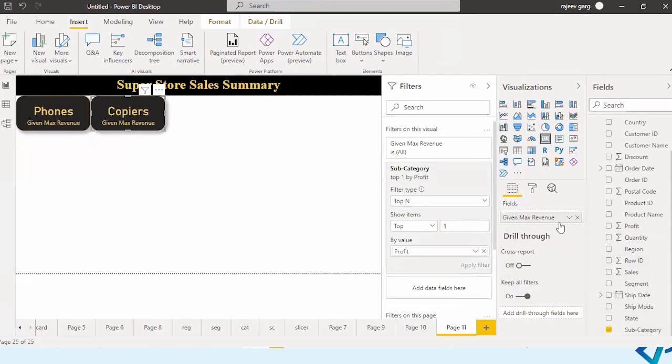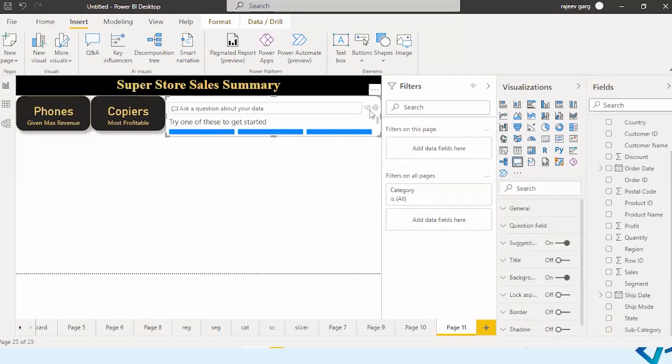So the copier being, let me rename this most profitable. We are getting this most profitable over here.